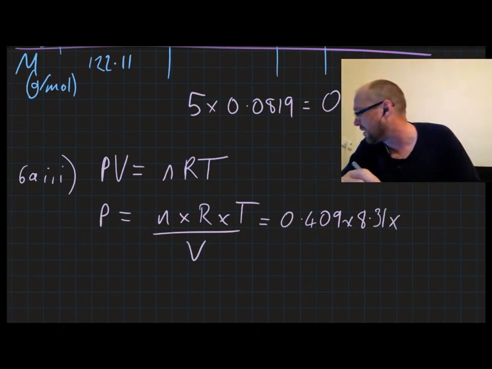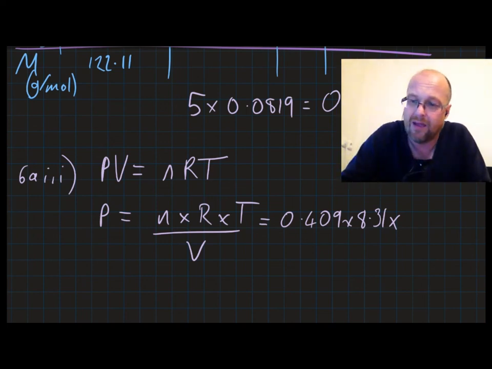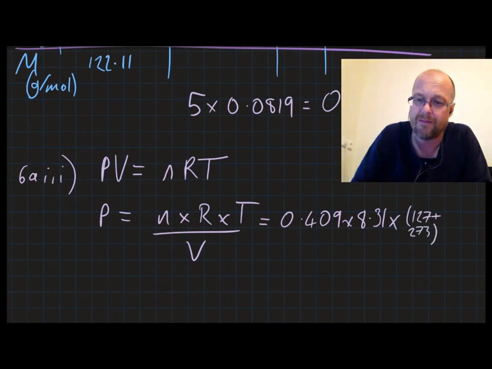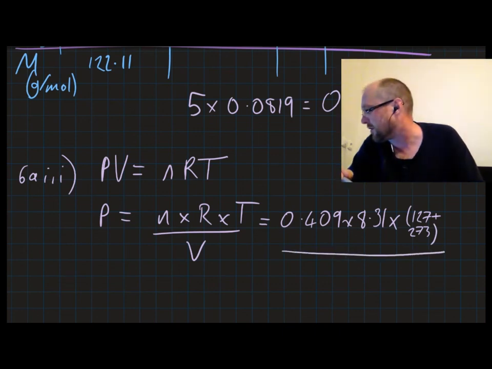And the temperature, don't put 127. That just seems like a weird number, but you know why? That's because the temperature, you're going to be adding the 273, aren't you? That's the cheeky bit there. And divide by the volume. The volume